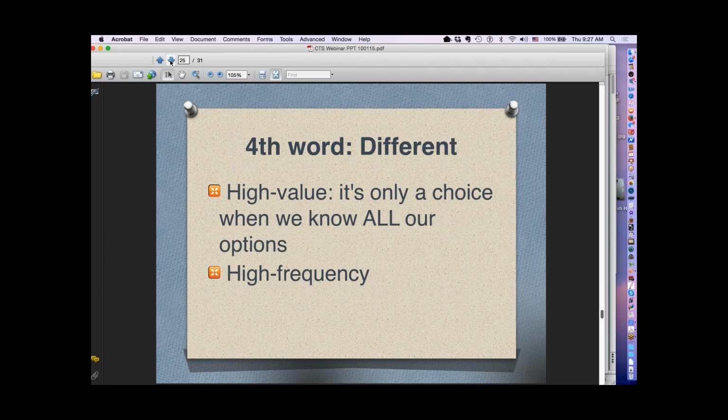And the last word that we're introducing this week is different. This is not the kind of high-frequency word that kids learn how to read or write or even speak as much as the others. But the word different is so powerful. It's very high value. It allows kids to start having a conversation about whether something is the same or different, whether something is like this or different. And it really starts to give them their first